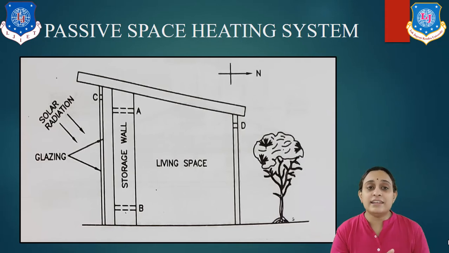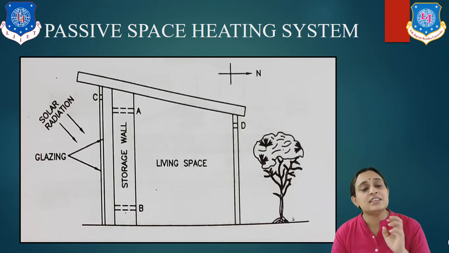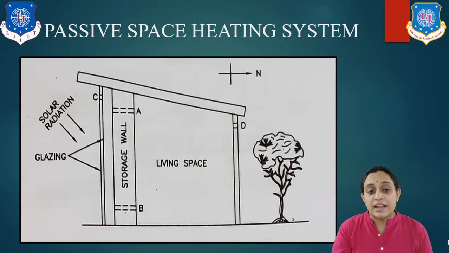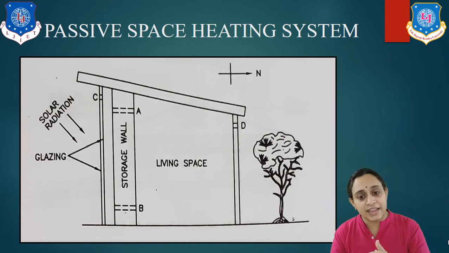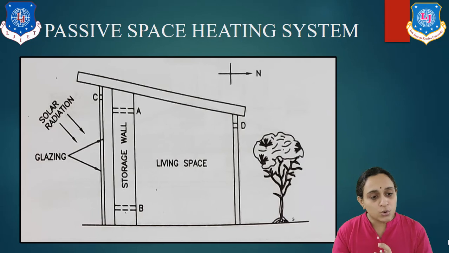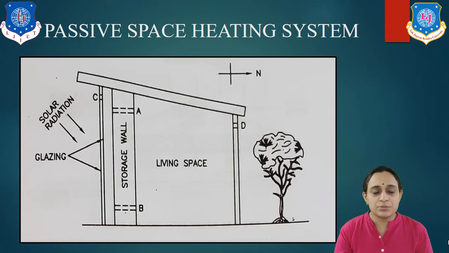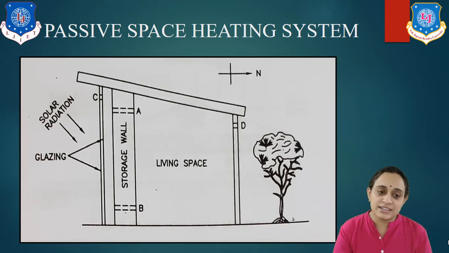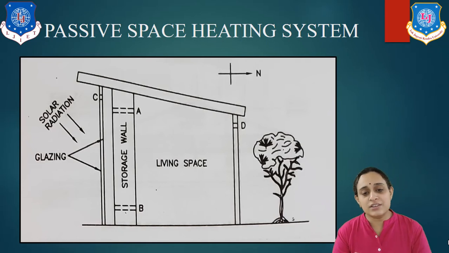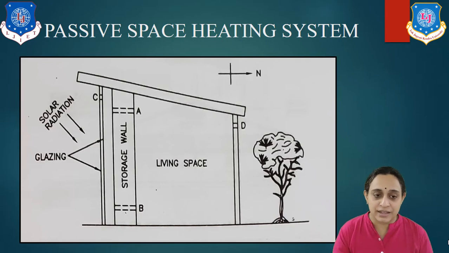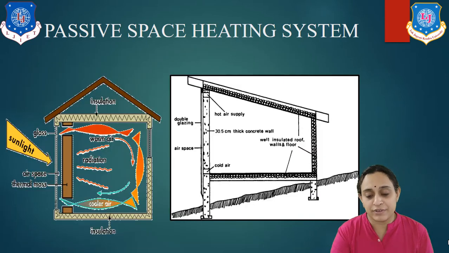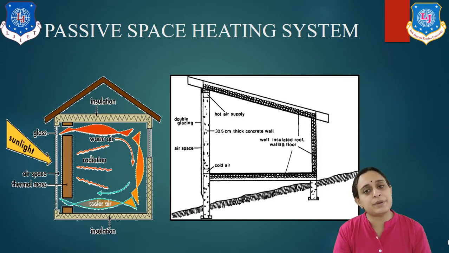Now during the night time, when hot air is required, vent C is closed. Hence hot air is trapped in the space between the two walls and will enter the room through vent A, and cool air from the bottom will go outside through vent B. At that time vent D is kept closed. Of course, it is passive heating and it is not as effective as the active space heating method, but due to its simplicity it is made more effective. Now here are some more examples of passive space heating systems.